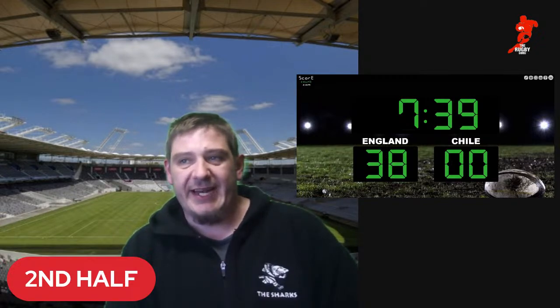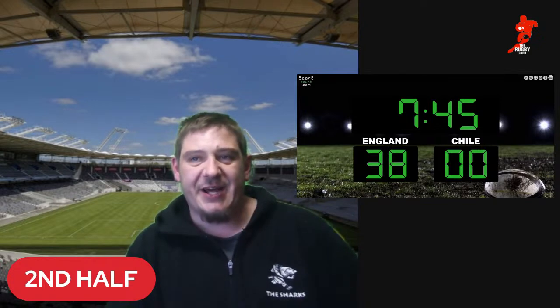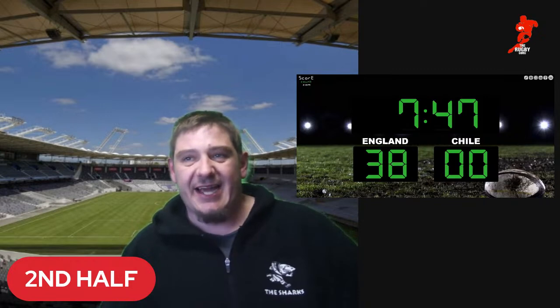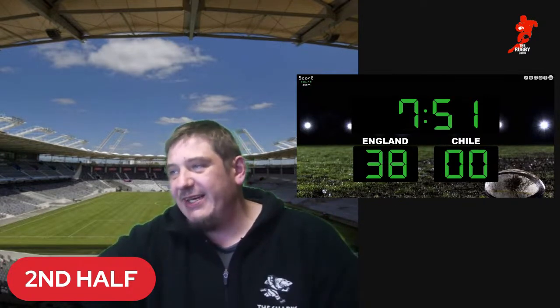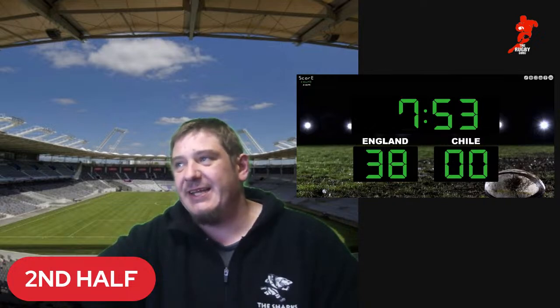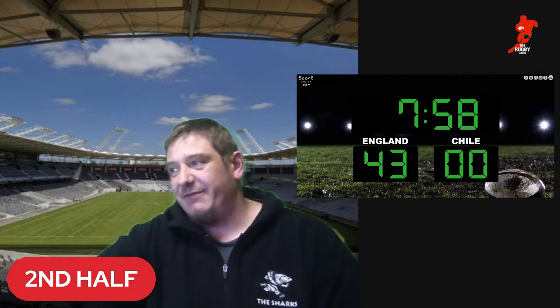Here comes Farrell again, Elliot Daly now with a little stab through, the chase now coming. Who's going to get there? Oh, it's going to be Rundle, and that's a hat-trick for him today. Rundle has got the try for England. That's a hat-trick. 43 points to 0 with the conversion to come.